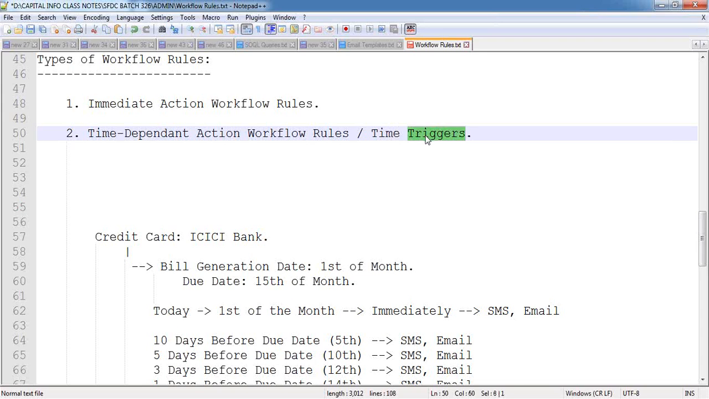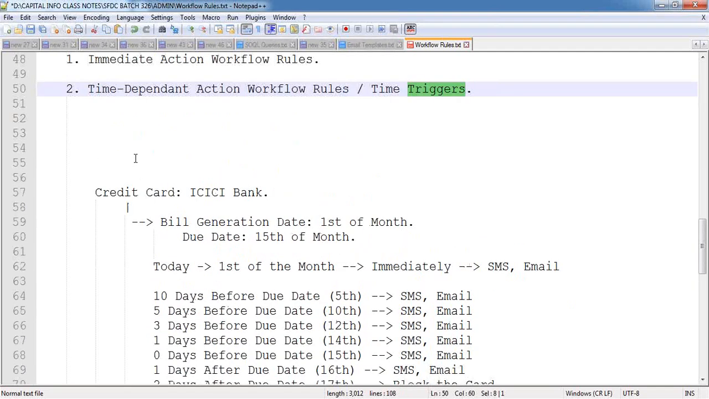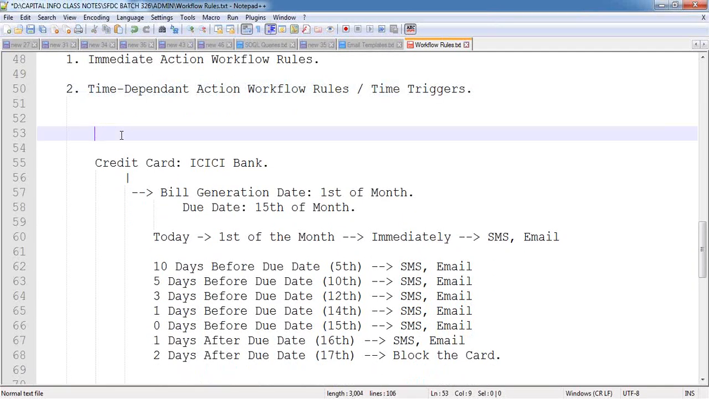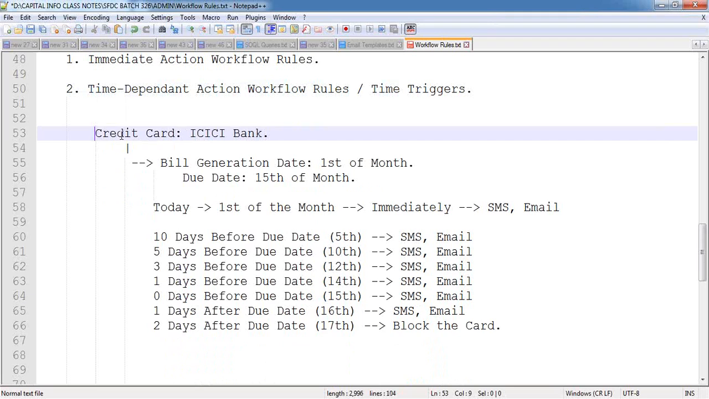Triggers can't fire on time basis. Triggers always fire on event basis. But only the workflow rules can fire on both time and event basis. Whenever you want to fire some actions based on specific time periods, at that time we can go with the time dependent action workflow rules. Okay. In a similar way,